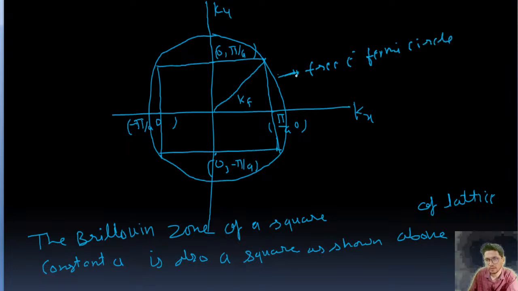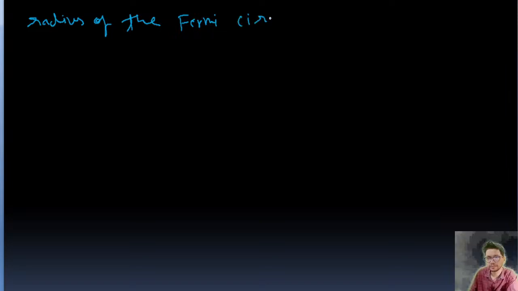The radius of the Fermi circle in two dimensions is